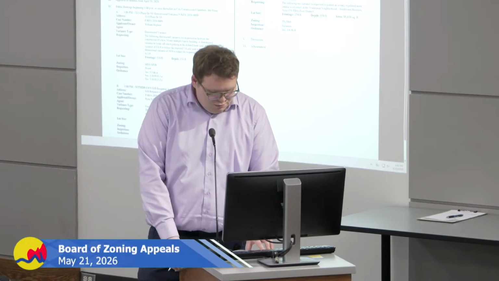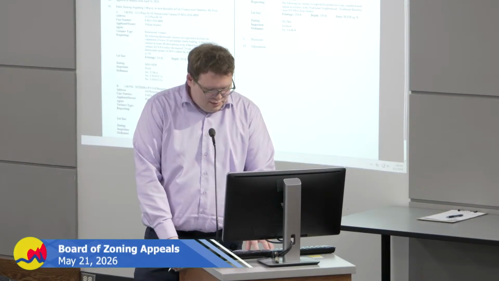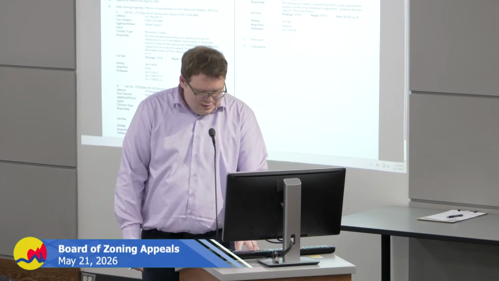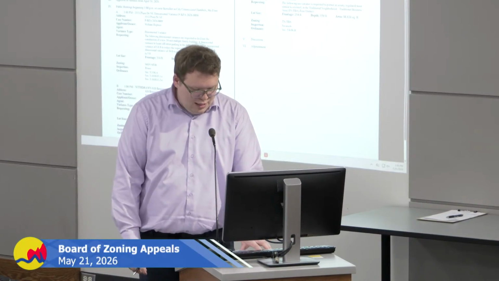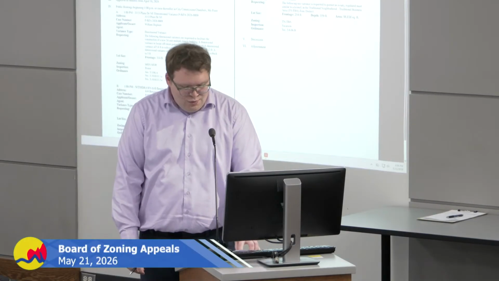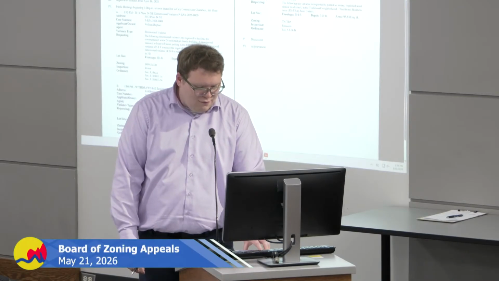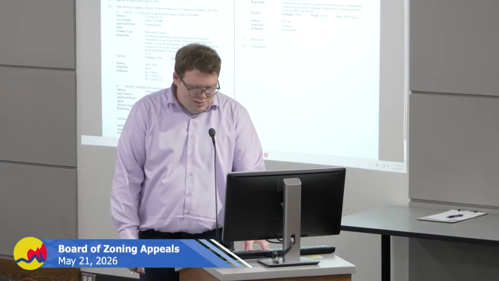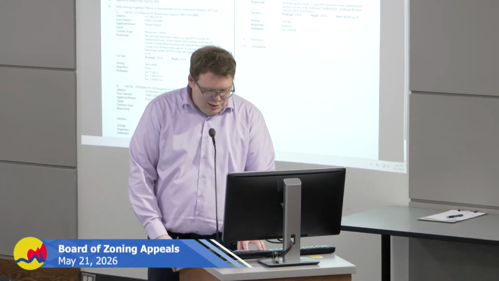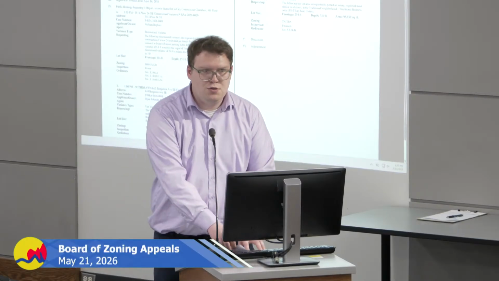The second motion should read: Mr. Lewis moved to deny a variance of 24 feet to increase the maximum permitted height of 16 feet for a wall sign to 40 feet, a variance of 170.8 square feet to increase the maximum permitted size of 24 square feet for a non-street facing elevation to 194.8 square feet. Support, Ms. Montgomery. Carried unanimous. The correction there is the addition of the word carried before unanimous and the elimination of some duplicate text within the motion.